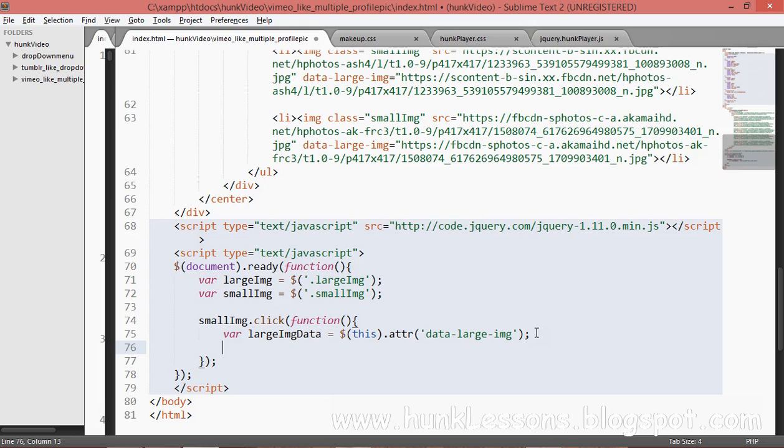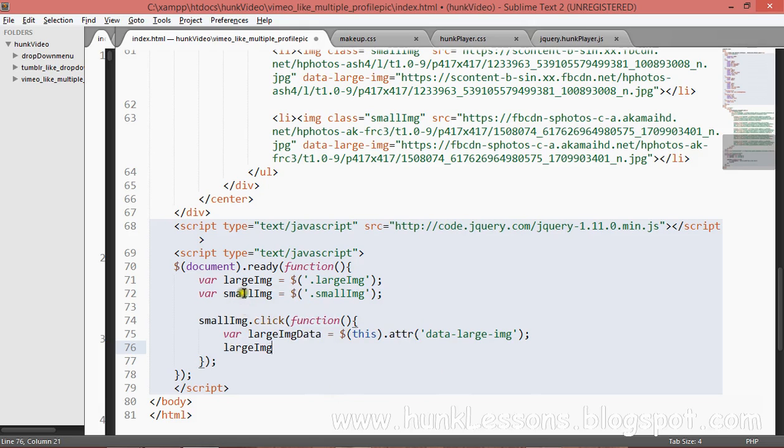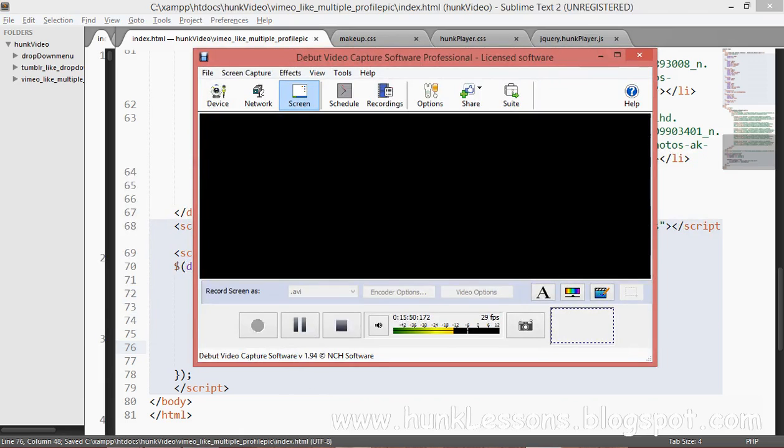We will use the large image which we have selected here, dot attr, and give it src, which will be large image data. That's all. It should work.